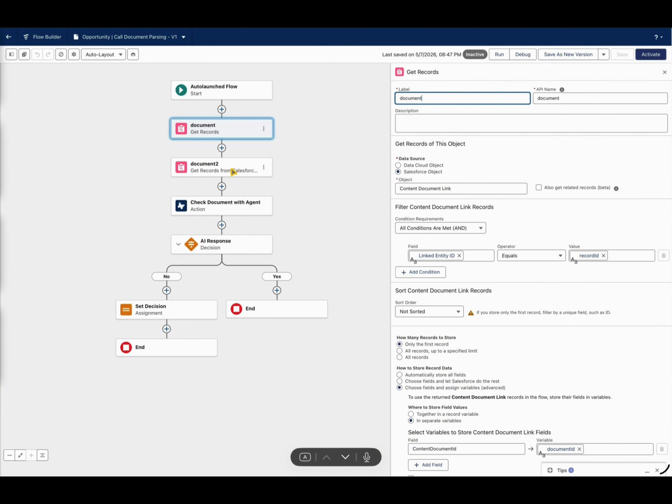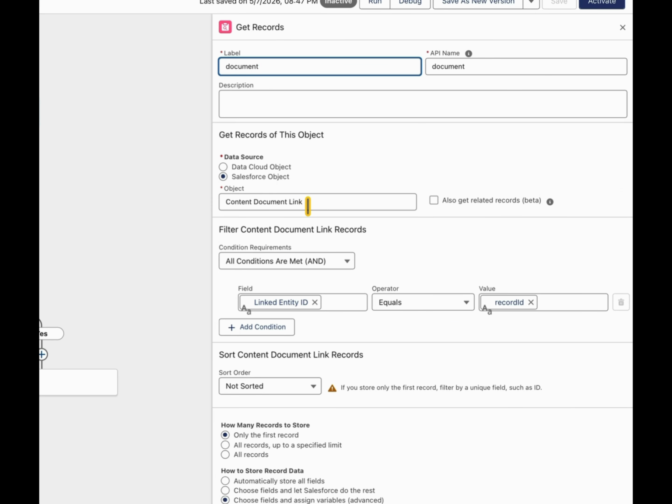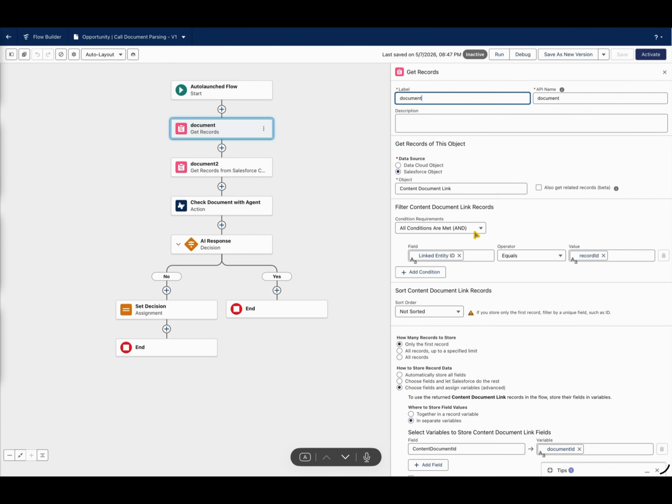I tried starting with the document first, but it didn't work. So it's best that you try this method instead, where I get the document link first, and then the linked ID equals the record ID, the triggering opportunity ID. So it has to be the document link object of the record that has the specific content document that is on that object. So it should match the triggering opportunity, of course, in my use case,